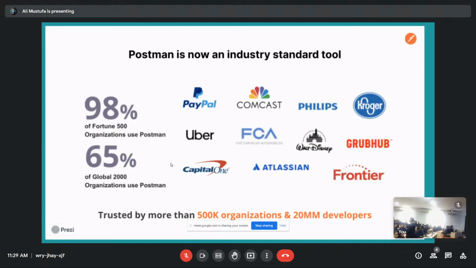And you will see tons of jobs which mention Postman as a skill. Okay. You might be applying as a backend developer, but they might be asking you should know Postman. You might be applying as a tester, but they will ask you should know Postman. Why? Because they are using that internally in their org, and they would want you to know it prior to it.